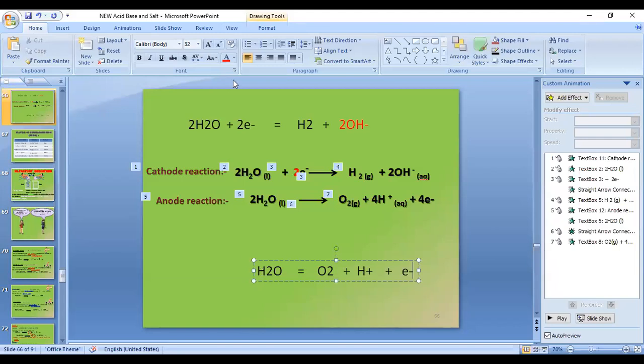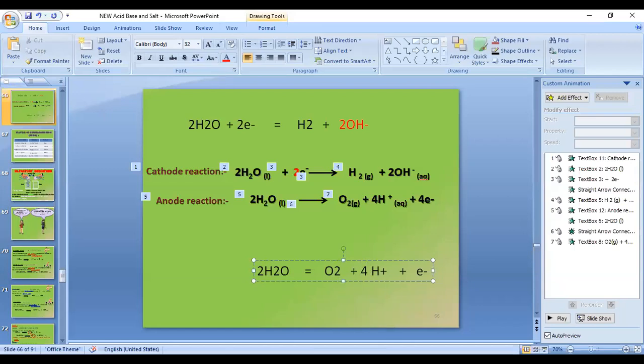See H here, now H here is 2, left में H here is 2, right में H कितना है 1. So ideally what will you do? Ideally you will put 2 here, no first. That is what we are going to do. Now next कौन सा है O? O कितना है left में 1, right में O कितना है 2. तो हम लोग को क्या करना पड़ेगा, in the reactant side I will have to put 2 in front, isn't it? यहाँ पे 2 डालना पड़ेगा, but because I put 2 here, H कितना हो गया, 2 multiplied by 2 is 4. Very good. So we will have to erase this and put 4.